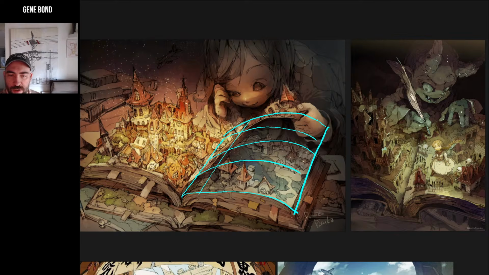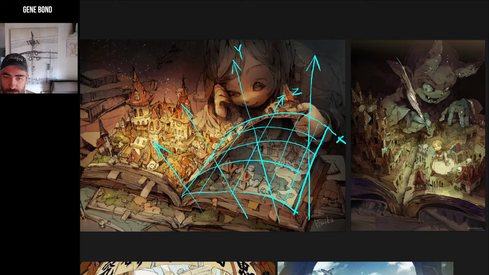You can draw, here's like New York buildings going up from the page. So we have this again, you see Z, X and Y. So what problem are you solving here with the perspective grid? You're making it three-dimensional, right? So you ask yourself, will this look three-dimensional? Yes, definitely. Okay, so this is your grid here. And then you draw